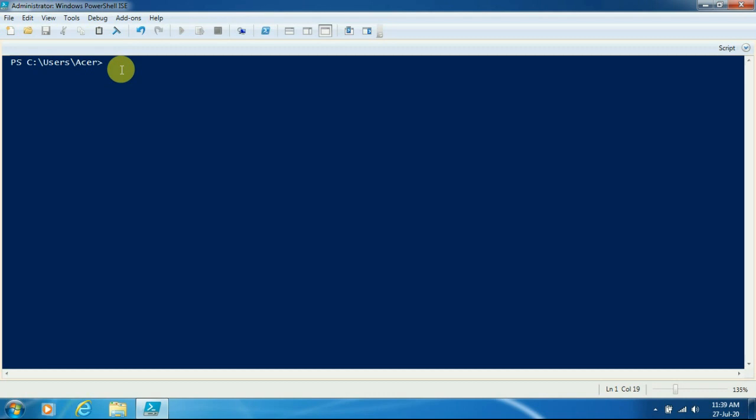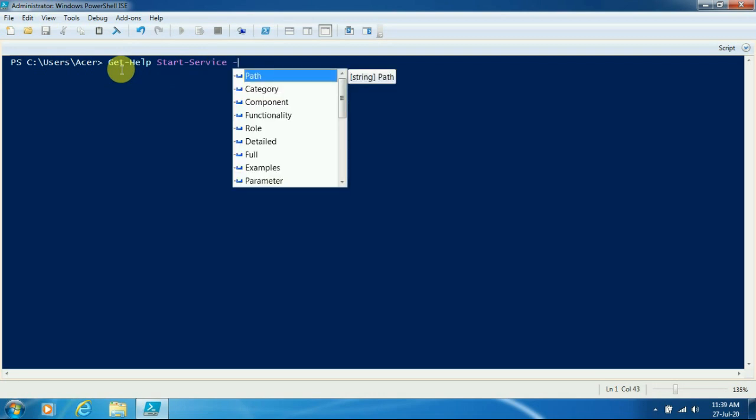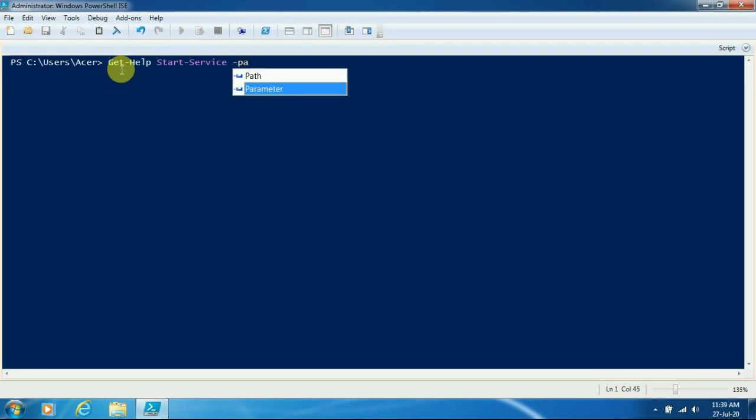With the first example, we will see the parameters of a cmdlet which have the option of accepting pipeline input. To see that, I will execute the Get-Help cmdlet.